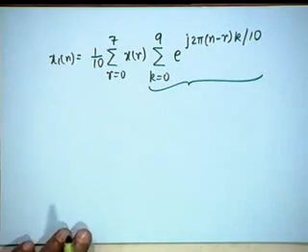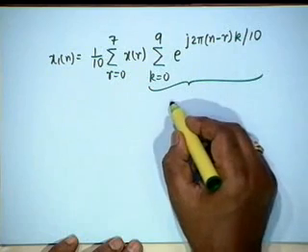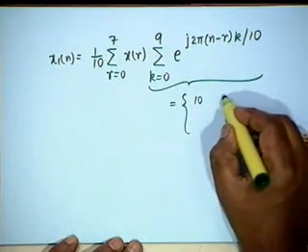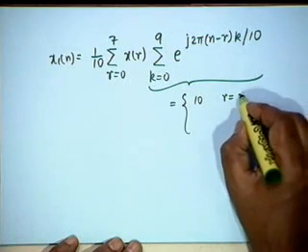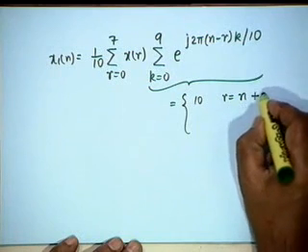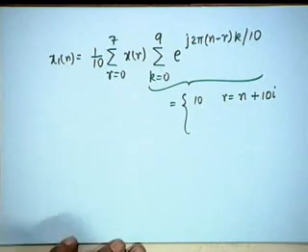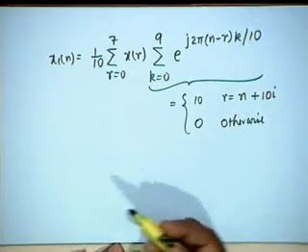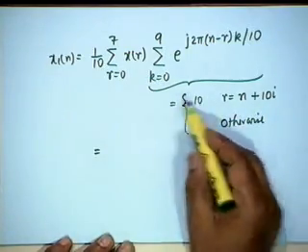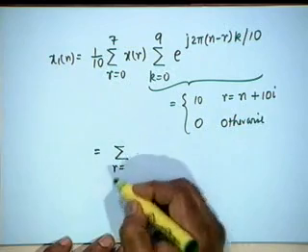And you look at this again. This would be equal to 10 for r equal to n or n plus 10 I, where I is an integer. It is 0 otherwise. And therefore you can write this as, if it is 10, 10 and 10 will cancel. You can write this as summation r equal to, in general,